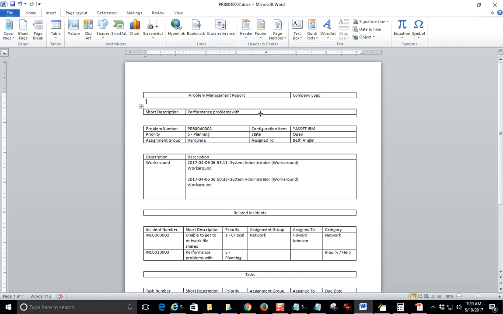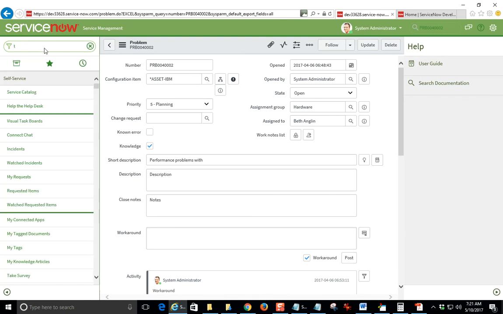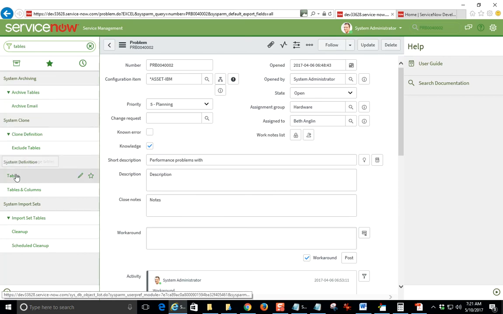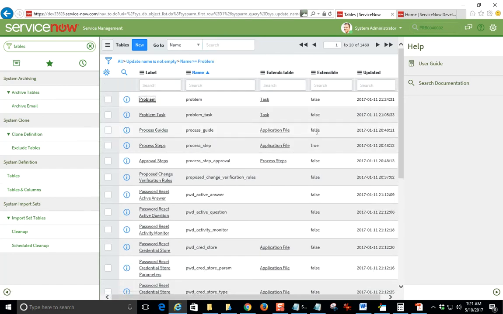And one more piece of information you need to be aware of is that these tables, in the tables section, so let me go back to here in ServiceNow instance. Let me go back to tables. There is one setting that needs to be enabled for you to be able to download information. So here in the system definition, there are tables. When I click on it, I'm going to look for the problem table here. When I click on it,